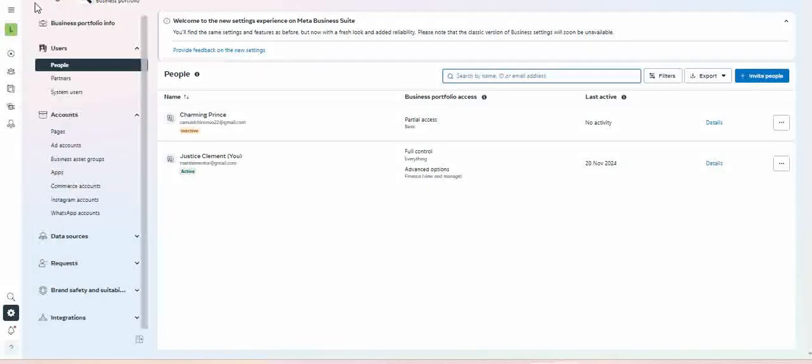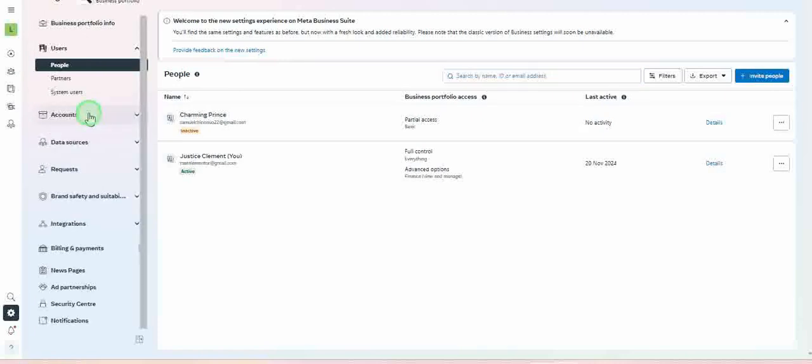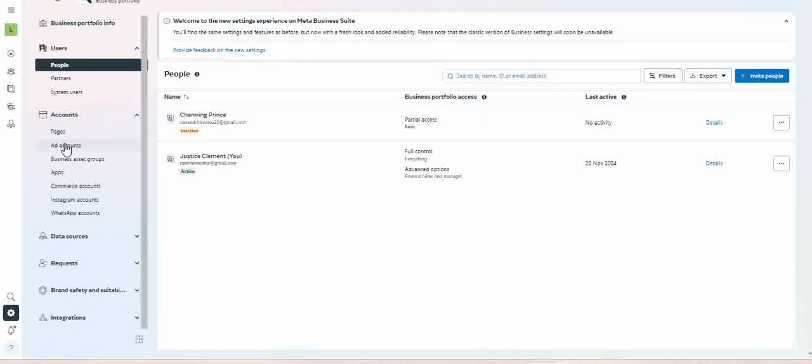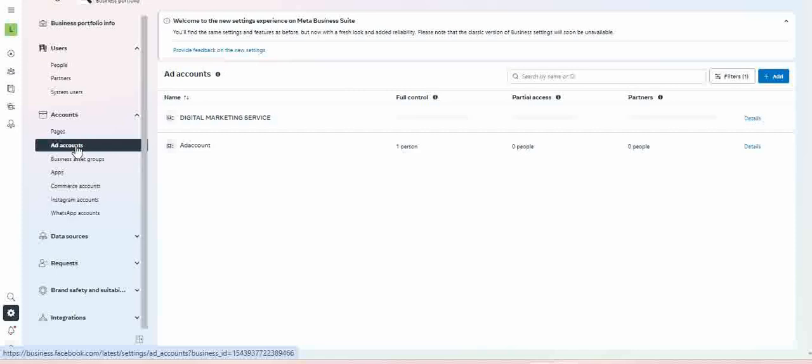Now, in the settings page, what you gotta do is go to accounts. So here is accounts and add account. In the case where you want to grant someone access, you just go to add account. Now, it is possible that you don't have an ad account yet. If that be your case, you first create an ad account by using this add button,